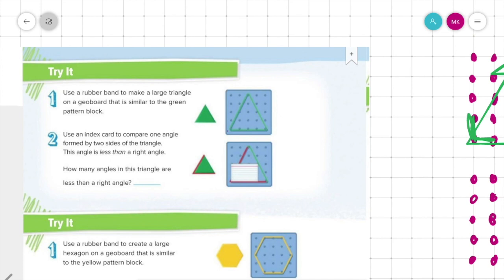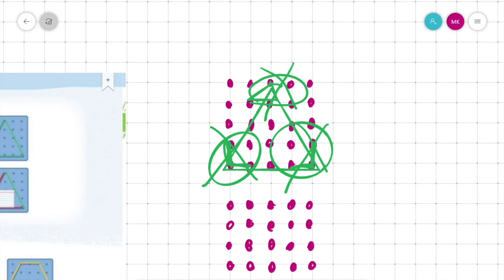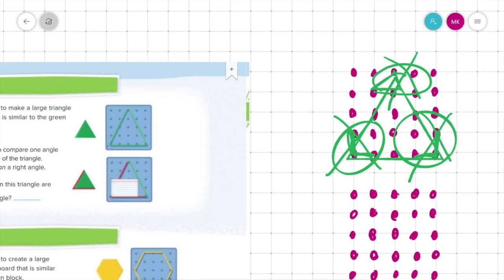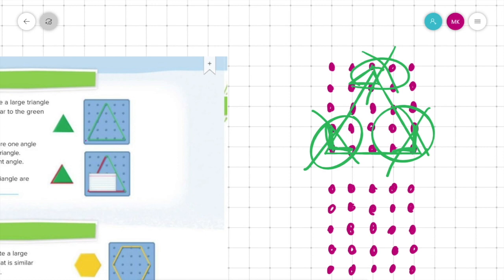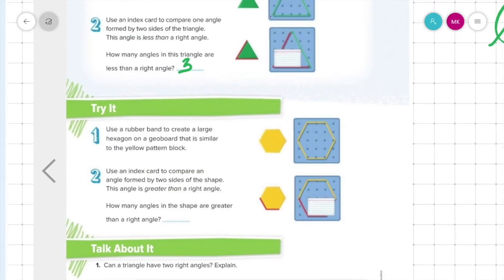So, using an index card, compare one angle formed by 2 sides of the triangle that is less than a right angle. How many angles in this triangle are less than a right angle? Well, did this make a right angle? No. What about this one? No. And this one? Didn't either. So they are all less than. We can see that it's not quite to that right angle. So it made 3 angles that are less than a right angle. Okay,